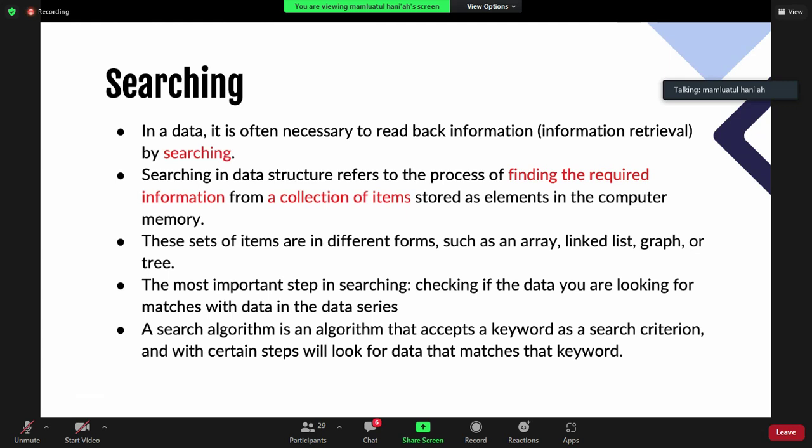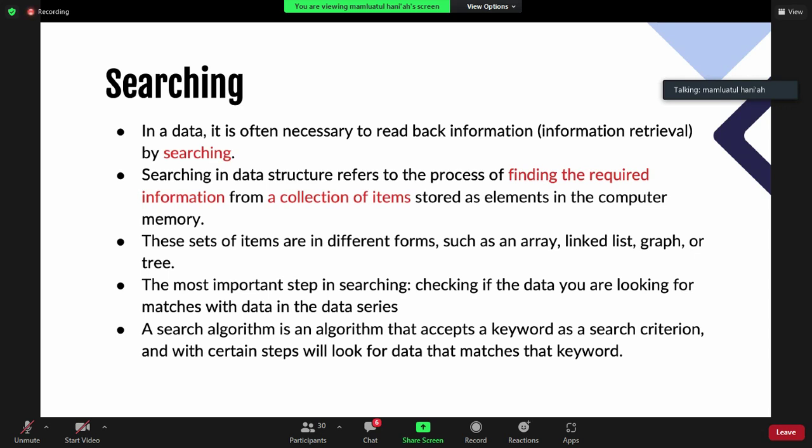And in data structures, searching is the process of finding the required information from a collection of items, and here you can say your collection of items is an array. It can be an array of objects or just a one-dimensional array, or a two-dimensional array.